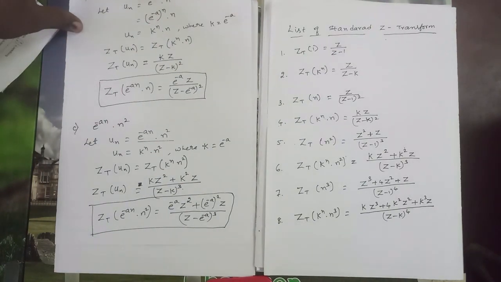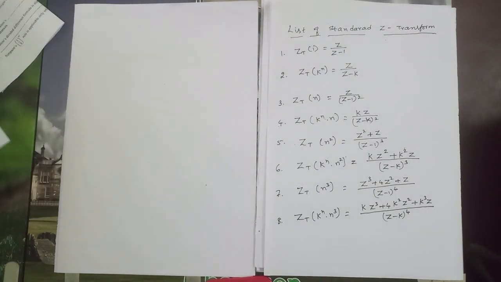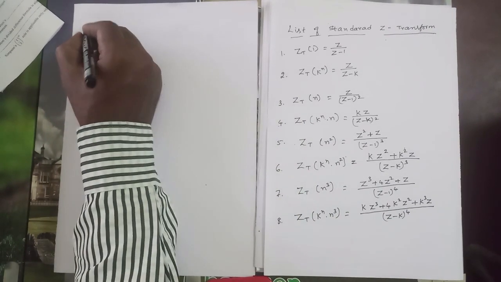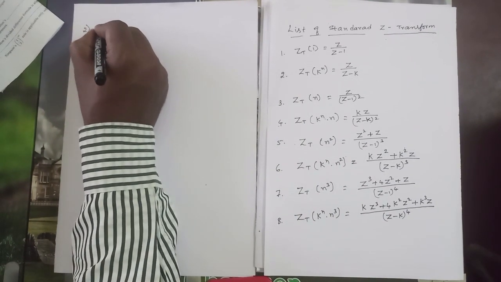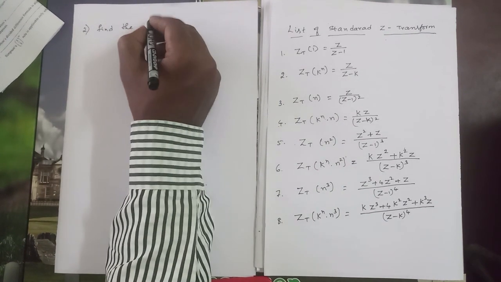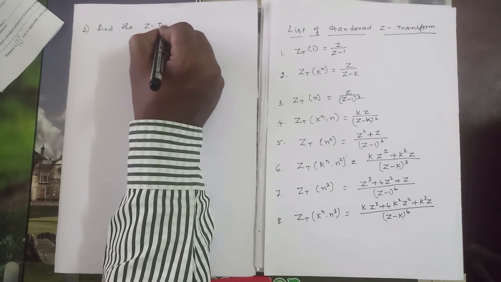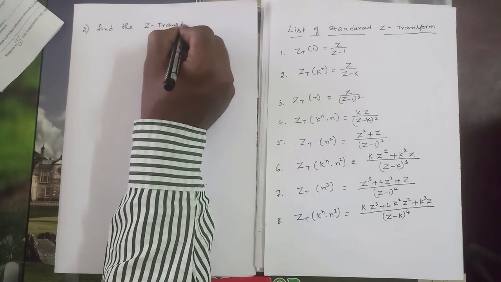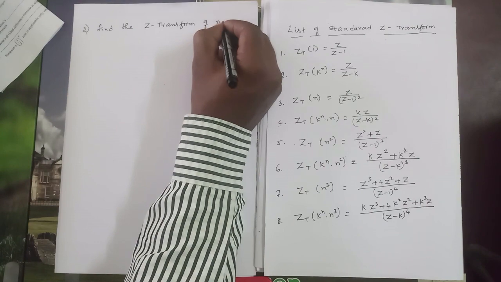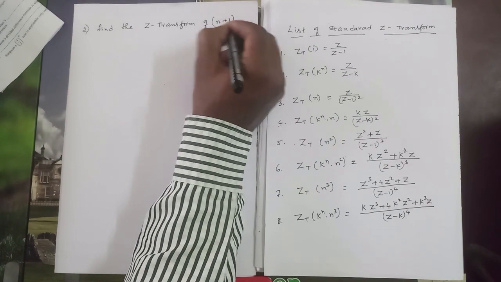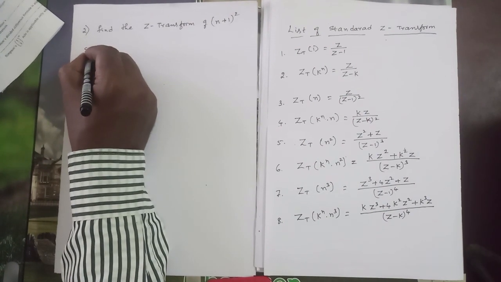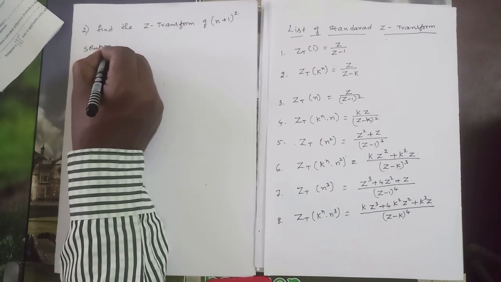So next one, find the z transform of (n plus 1) whole square. Solution: